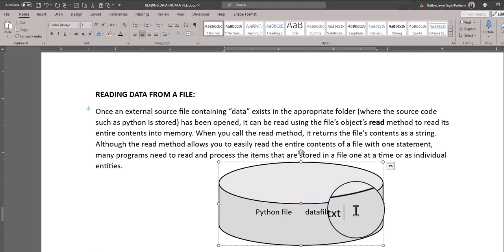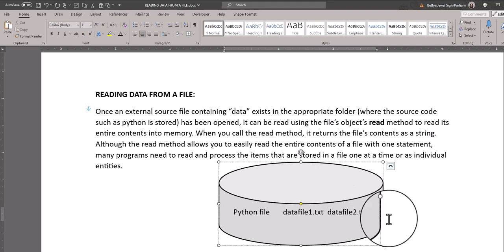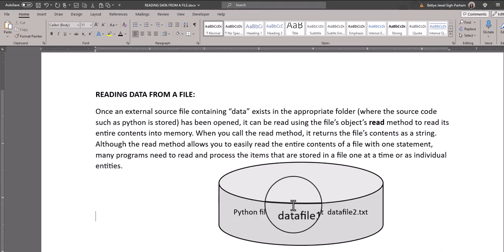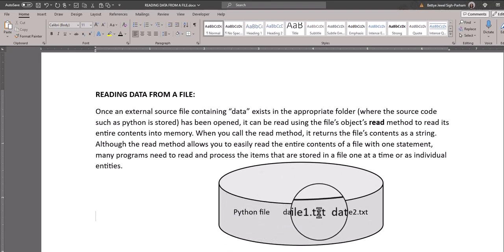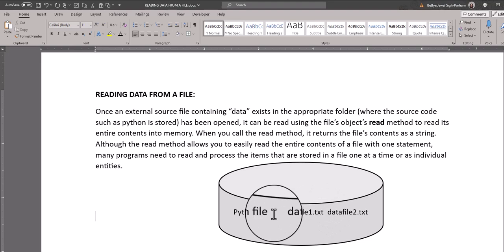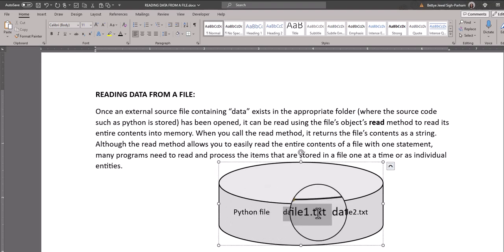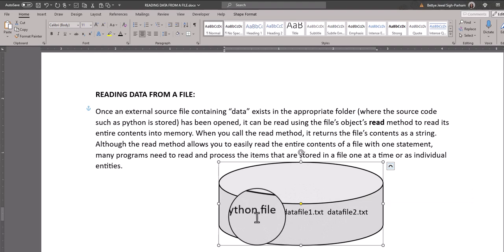Then we can have a data file 2.txt and so on. But notice these files are all in the same folder. So Python can read a file that it can get to in the same folder. It can actually read outside that, but right now, this is the easiest way to explain it. So the Python file can go to this file if it exists, and in the Python program, it would use